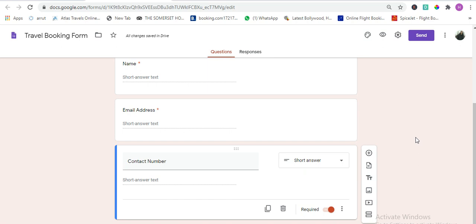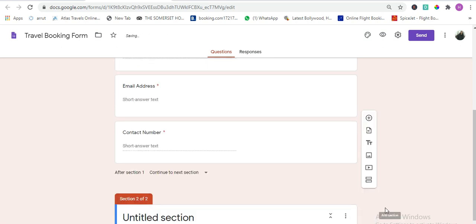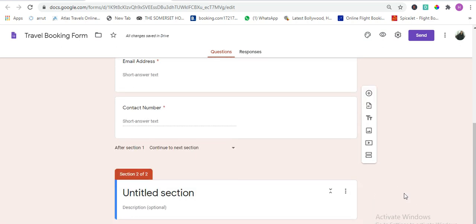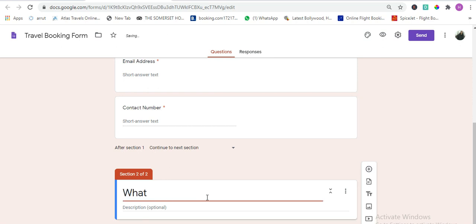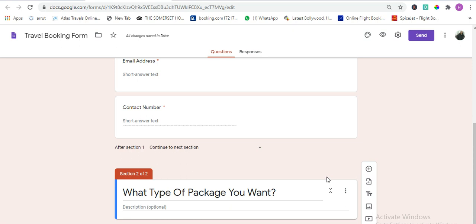Once you have created this section, then you will move on to create section number 2, and in this section we are going to ask them what kind of package they want. Of course you can write it in a better way.